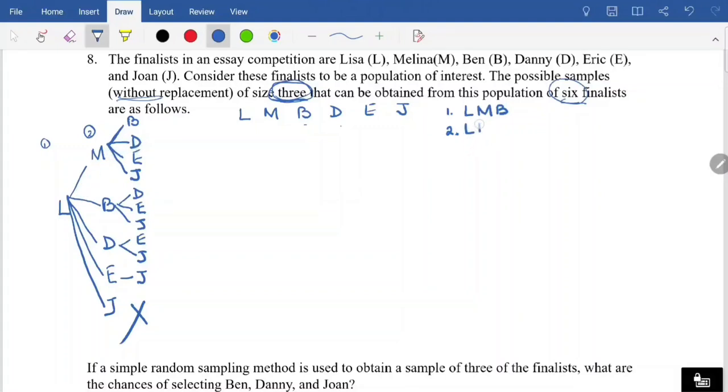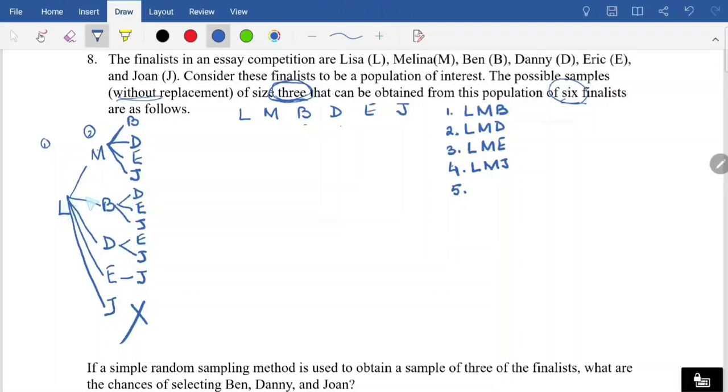Then number 3 is LME. Then the fourth sample we get is LMJ. Then number 5 is